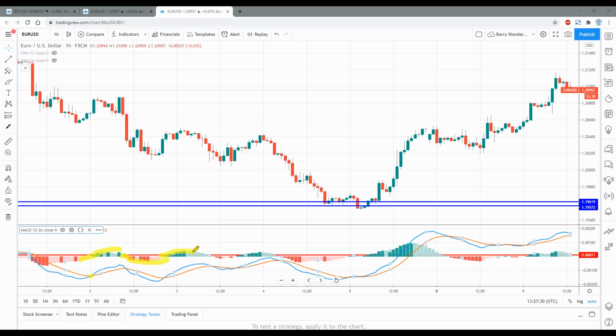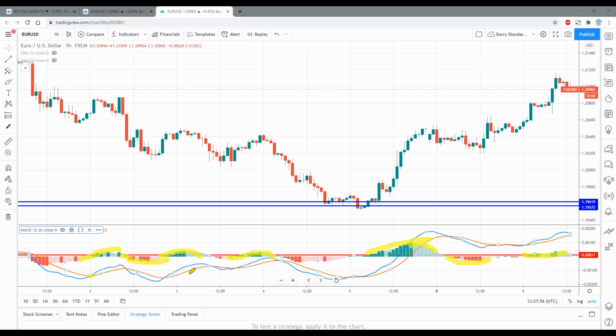The depth of these histograms tells you whether the market's getting overbought or oversold. This is telling us the momentum in this market, but it's also telling us that the market is losing momentum as we get here. And this is how you can analyze the market and the price movement by looking at the width and the depth of the histogram and how it's changing.